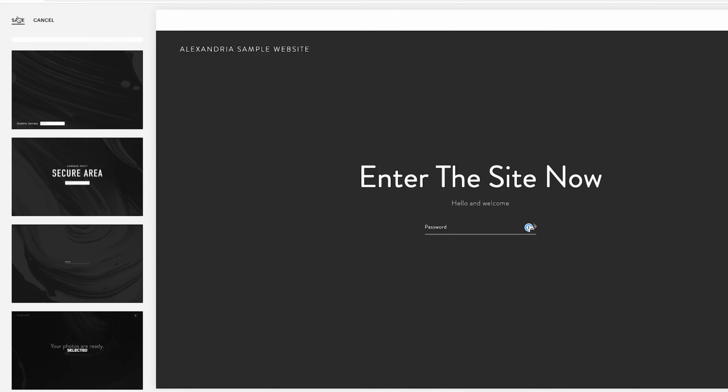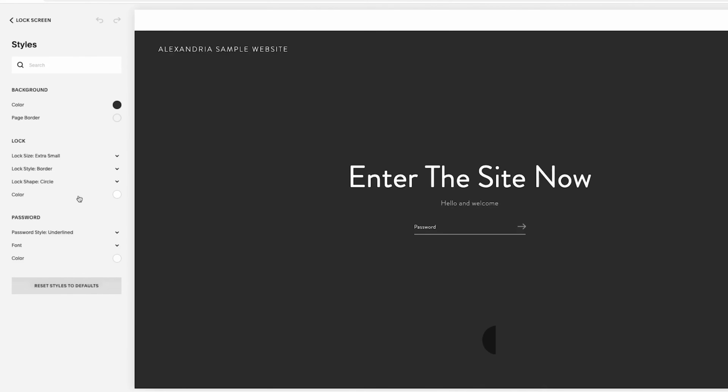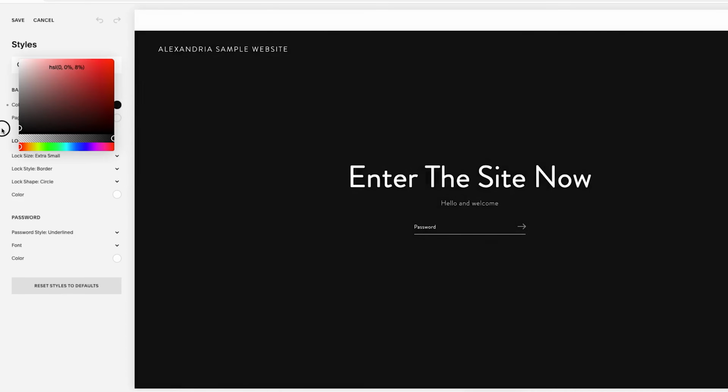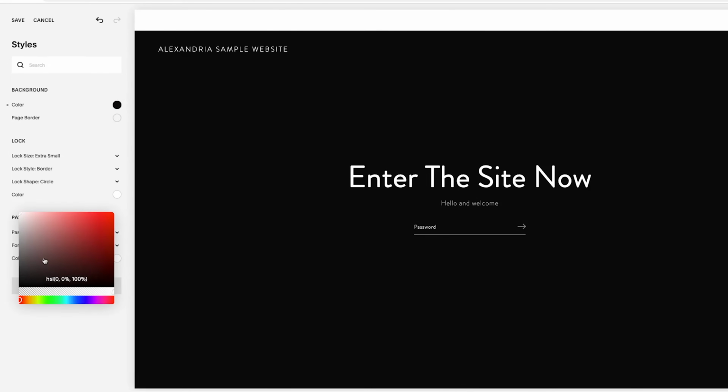I'll click save, and then from there, go back, and now I'll go to style. Now I can make the adjustments to the style. Again, kind of limited, not a lot of options, but let's make this something more dark mode friendly. I'm just going to make it more of a dark mode feel. So I'm going to make it an off black, and then I'm going to change this to look like that,